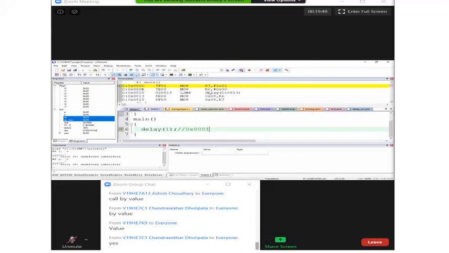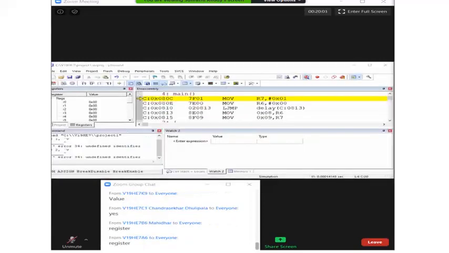Means for passing an argument, what is it using? CPU registers. For passing an argument, it is using CPU registers. This statement you already know from C, that is the register storage class. You have studied that arguments by default take the register storage class. Is it or not?